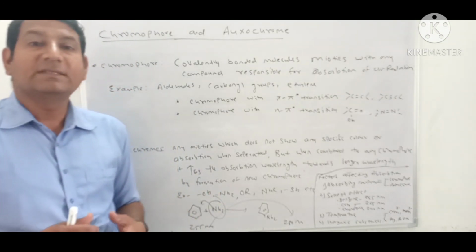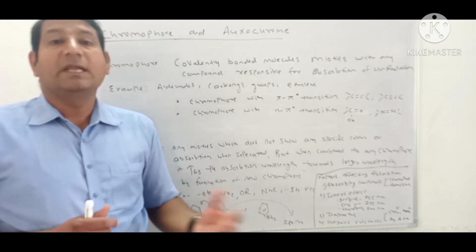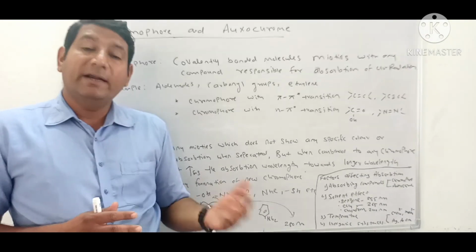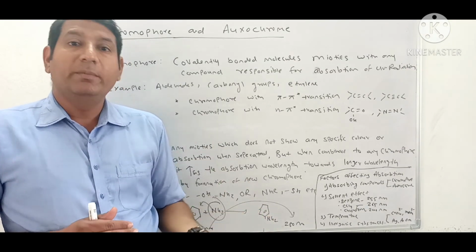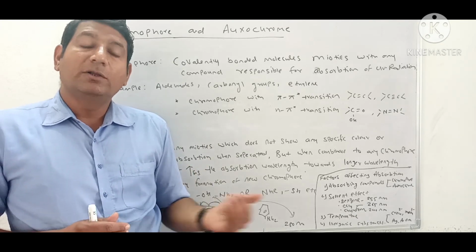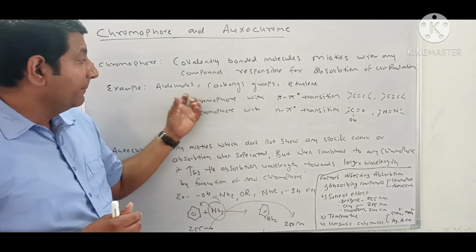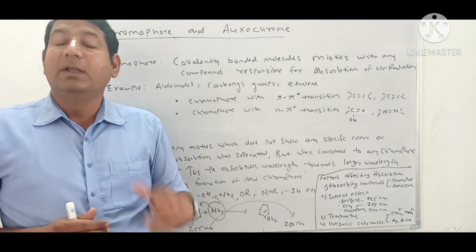In the next lecture, we will discuss various types of shifts in UV visible spectroscopy like red shift, blue shift, hyperchromic shift, hypochromic shift, and also we will discuss the application of auxochrome and chromophore and their role